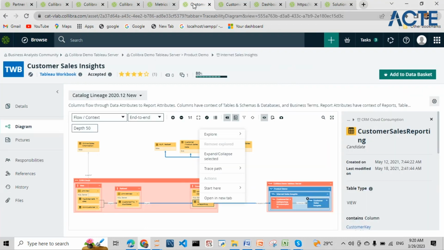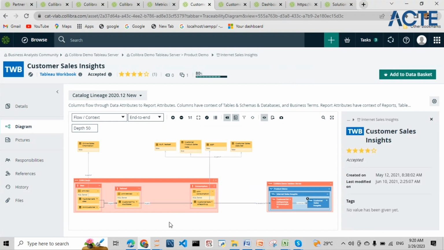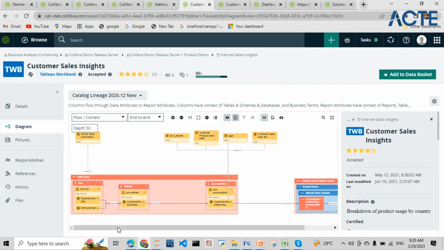So for this customer sales reporting, I have opened it. Yesterday we asked what is the difference between diagram and technical lineage. So I said the technical lineage is only for the SQL dialect. So consider this is Redshift, and from the raw layer to the refined layer, the ITG layer to the EDW layer, we'll have queries capturing the transformations happening between the tables. So if we see in the technical lineage for this customer sales reporting,